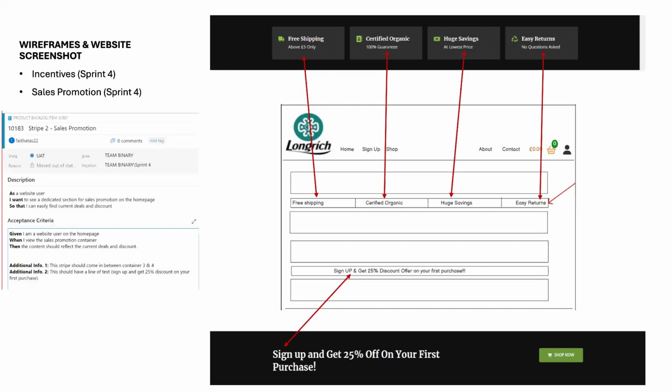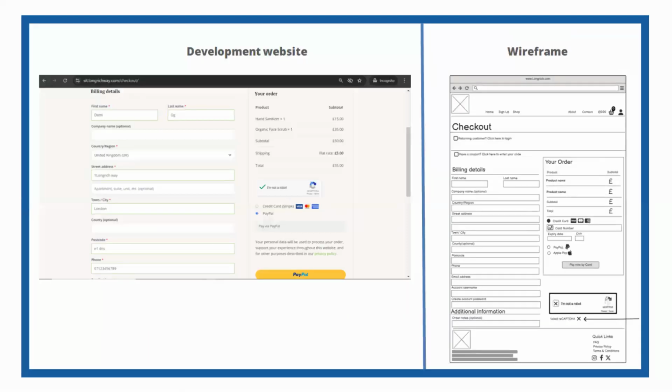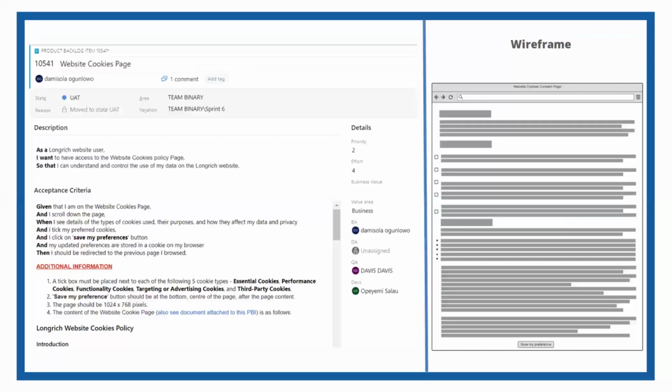The same story goes for this screenshot as well. We translated the requirements that we got from the stakeholders into user stories, acceptance criteria, and wireframes, which then helped the developer to develop the website. Going through these quickly, this also shows side-by-side images of wireframe and the actual website.